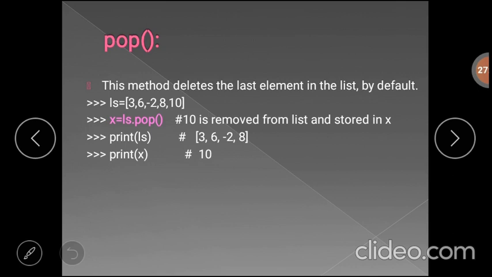Here in the list we have 5 elements, that is 3, 6, minus 2, 8 and 10. x equal to ls dot pop means it will remove the last element and assign the deleted element to the variable x. Here print ls will print the remaining elements present in the ls list after deleting. Print x will display the deleted element.